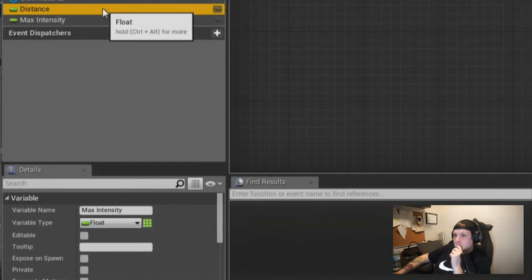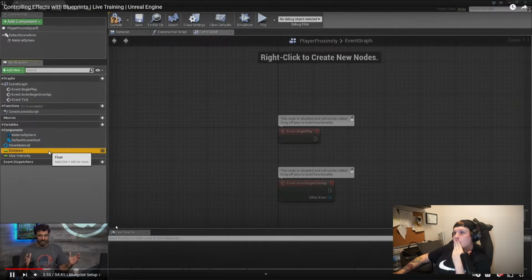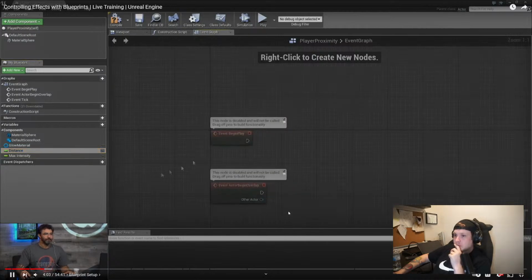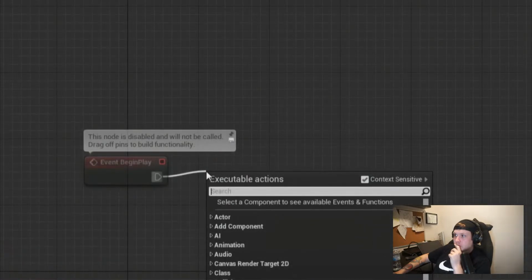So the distance, I'm going to use that to set my limits for how far away am I going to sense the player, and then the max intensity is going to be how bright am I going to get based on that. So I'm going to, on begin play, set up a timer,